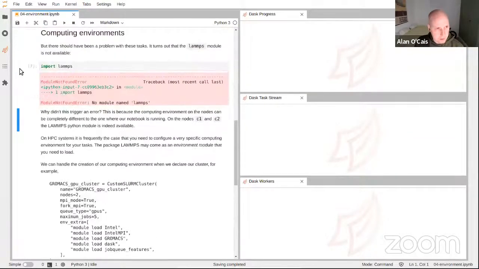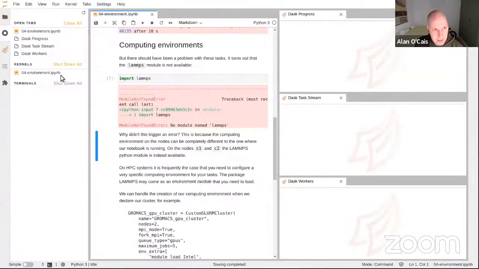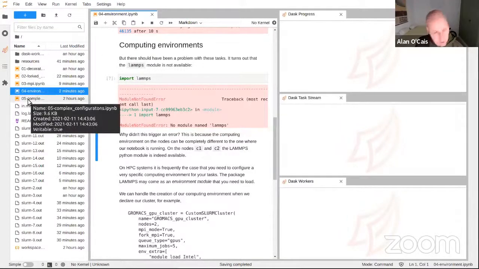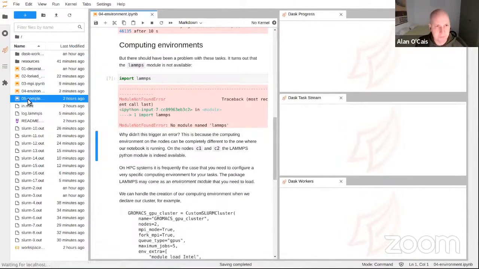Okay, so let me stop that one again. Are there any questions on that now? That was a pretty quick notebook, but maybe. Yeah, my environment is very, very clunky. Okay, so we're on to the last one,